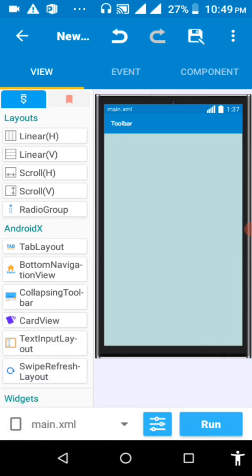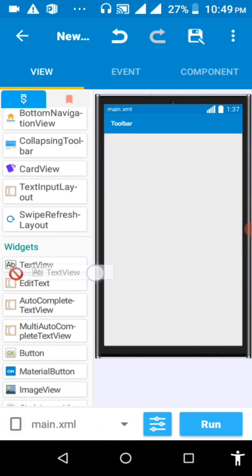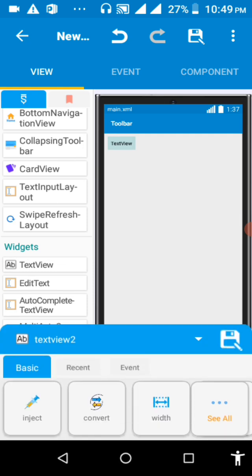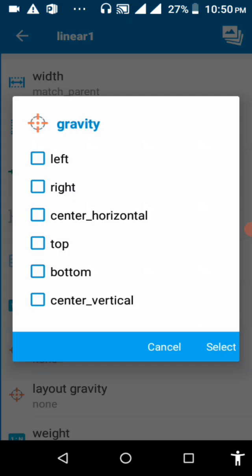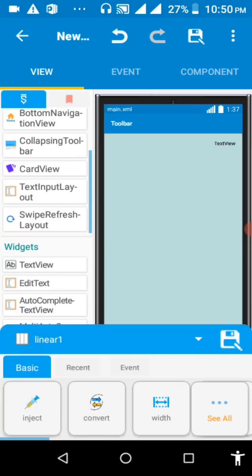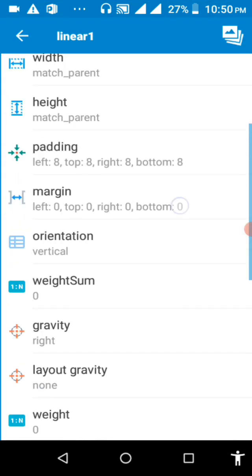Now if I click on the linear layout and then go to the gravity and set it to left, I set it to right, you see the view inside is being set to right, which is to say the gravity allows you to position what the content of that view will be like, while the layout gravity helps you position the view itself in its parent view, right? In order to explain what the layout gravity is,